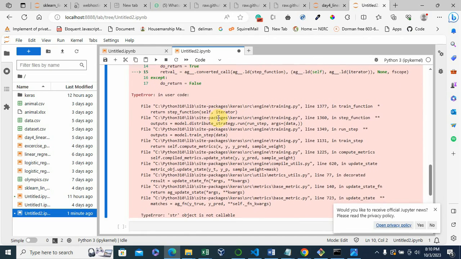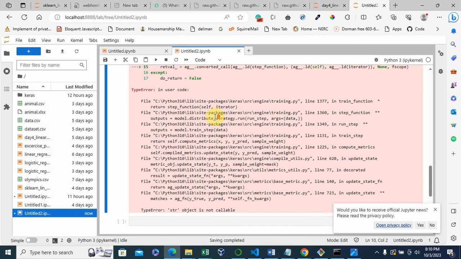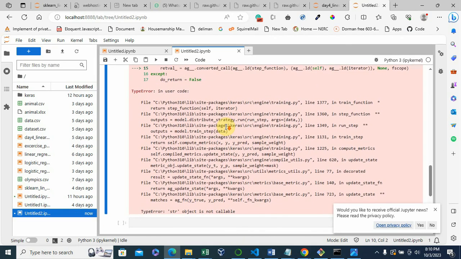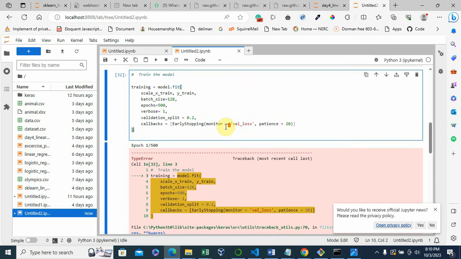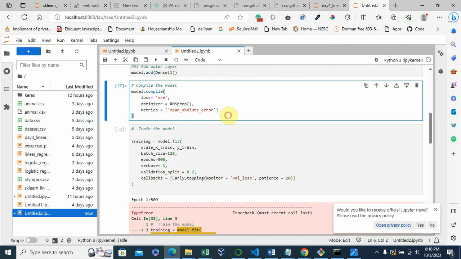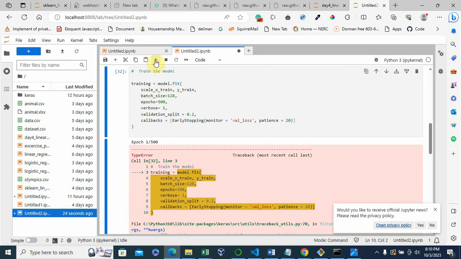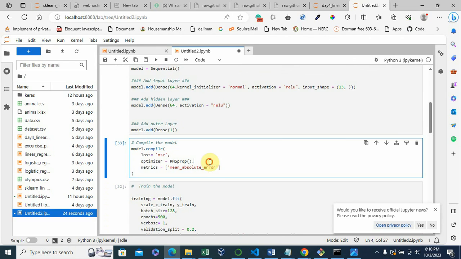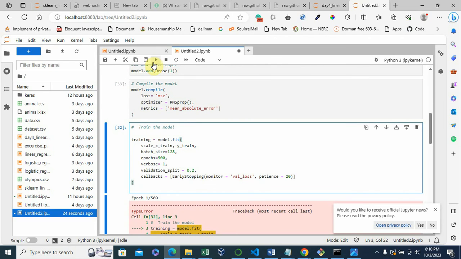It converted the type, string metrics. Okay, let me check the metrics that we're using. Mean absolute error. I didn't type absolute error correctly, and that is why it threw that error. So let's give that a shot again.